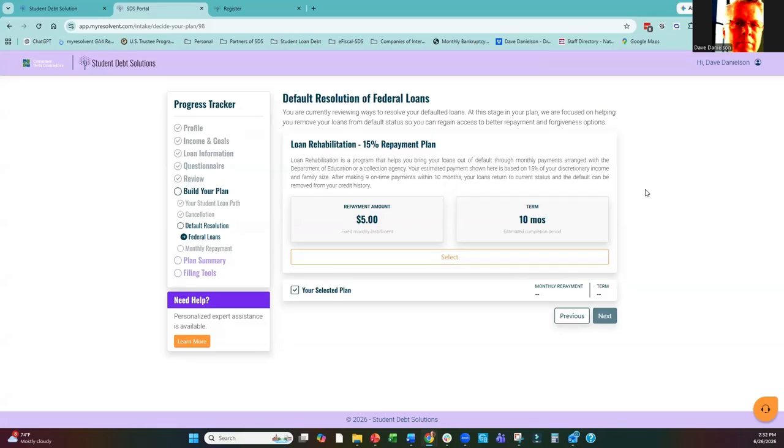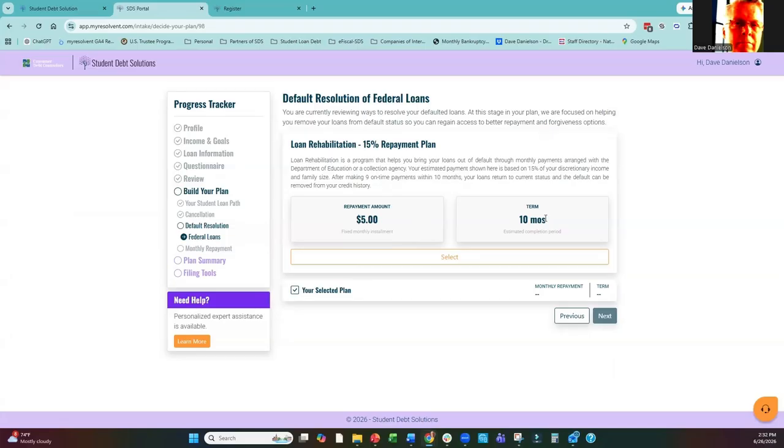This is the 15% plan, and it's 15% of discretionary income. And I'm imagining that discretionary income, which is calculated behind the scenes, is so low that this is being set for $5. So this amount each month for 10 months makes your loan current, and that then removes default from